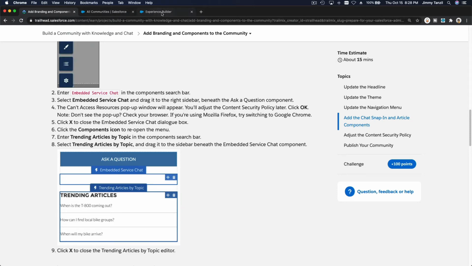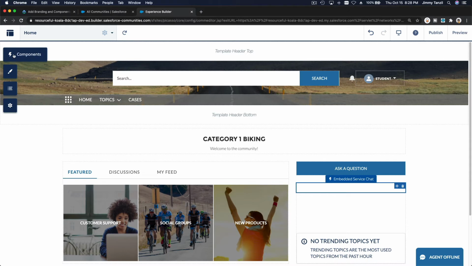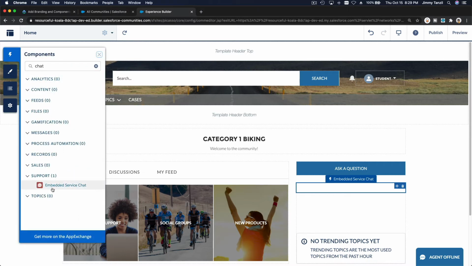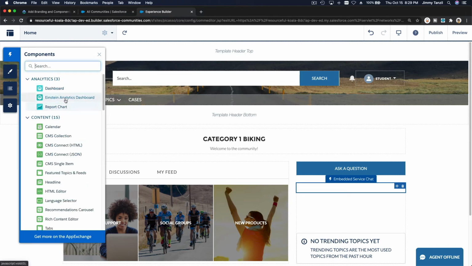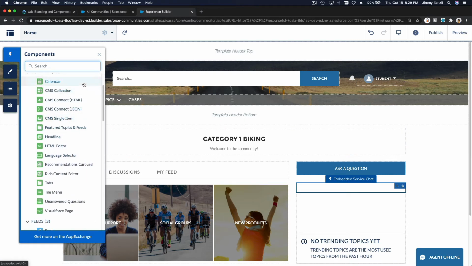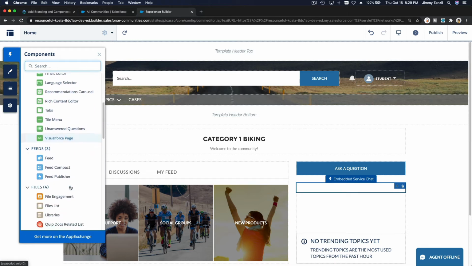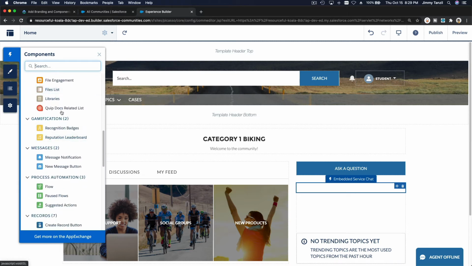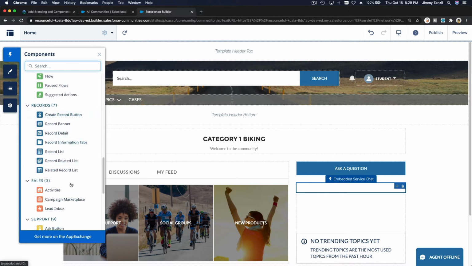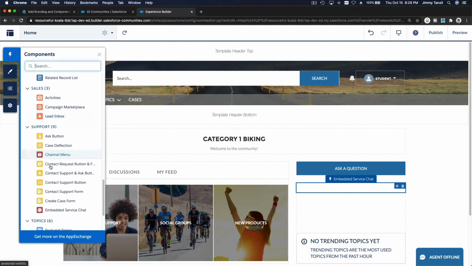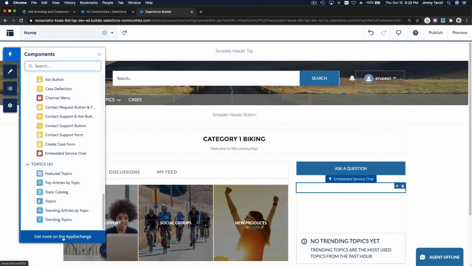chat. Go to builder and then go to components over here. So basically any components you want to use here, you can drag. There's a lot, right? There's analytics, you can put reports, dashboards there, content, you can have calendar, CMS stuff. Look at this, even raw HTML you can put there, other stuff, feeds, files, gamification, messages, records, and then sales stuff, support stuff, topics, and then get more on the